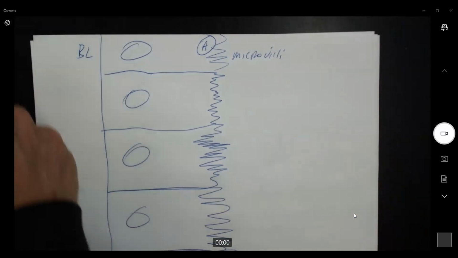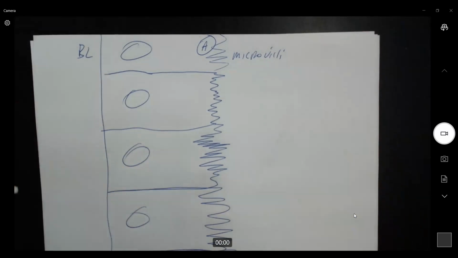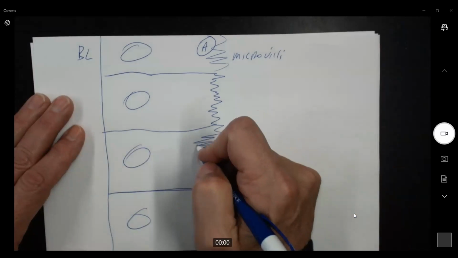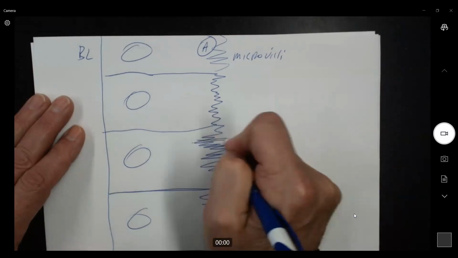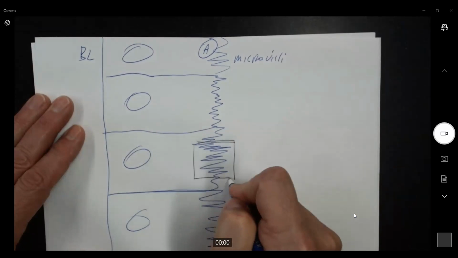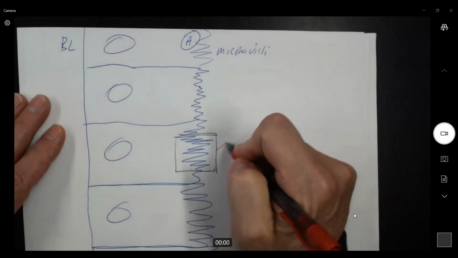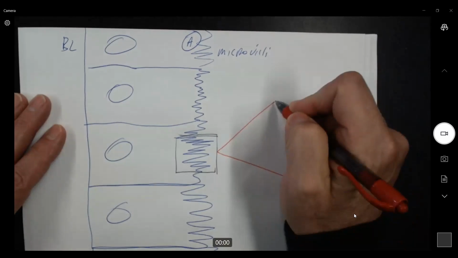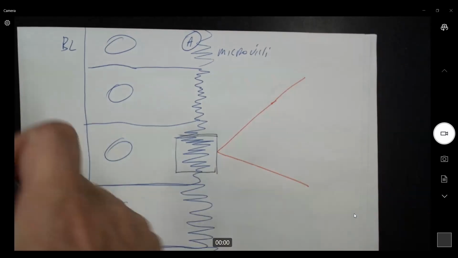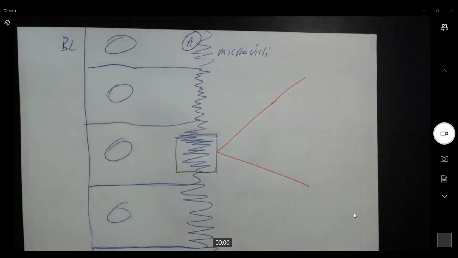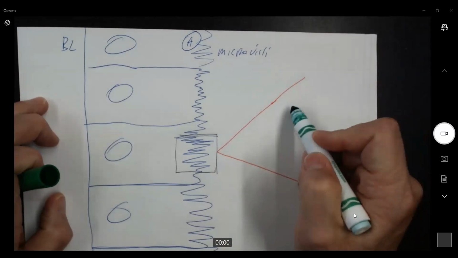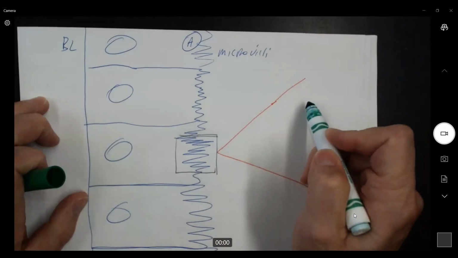Now, let's blow this up even more. So I'm going to take this little piece here, and we're going to blow this up like this. And here's what we're going to see. We're going to see a piece of the membrane, essentially,